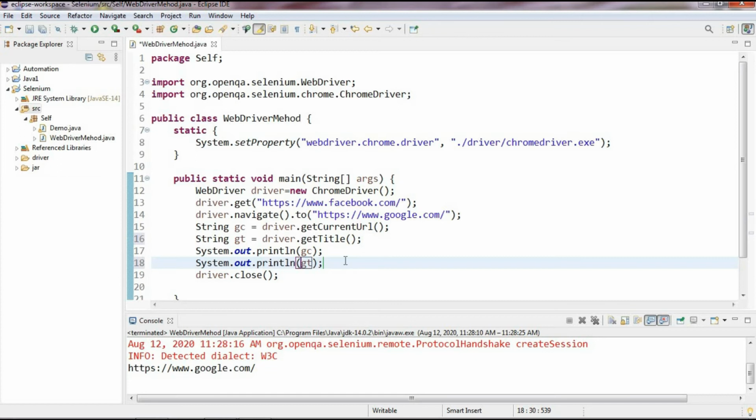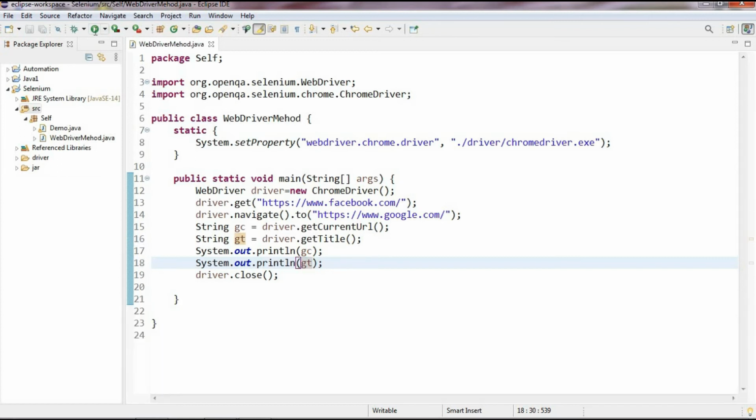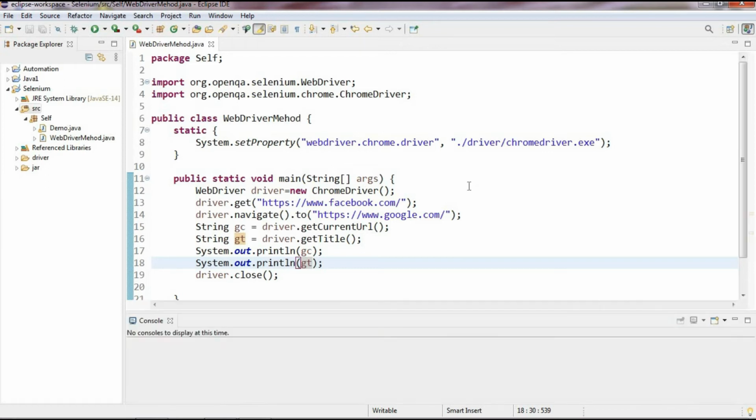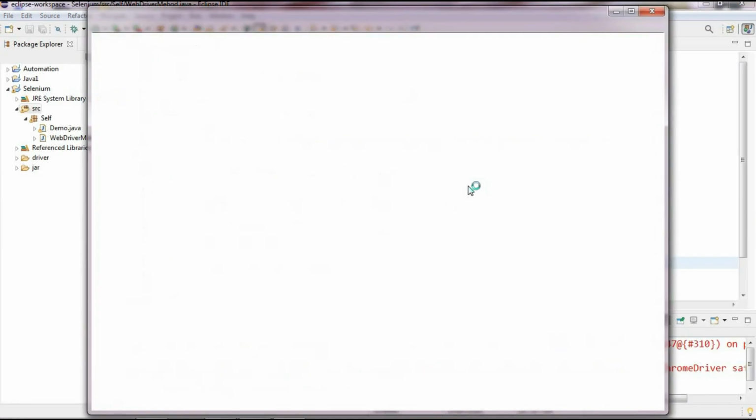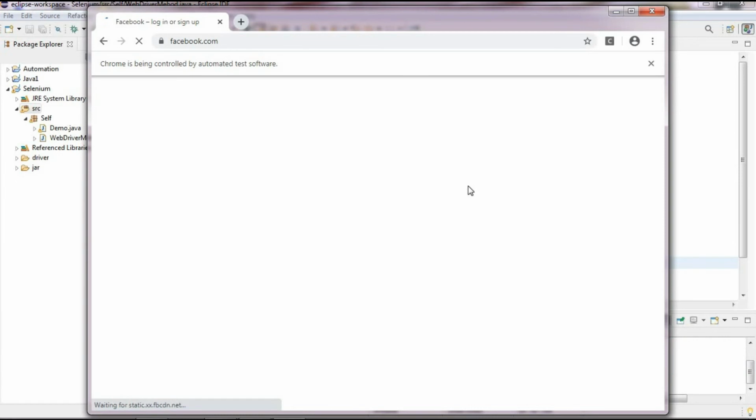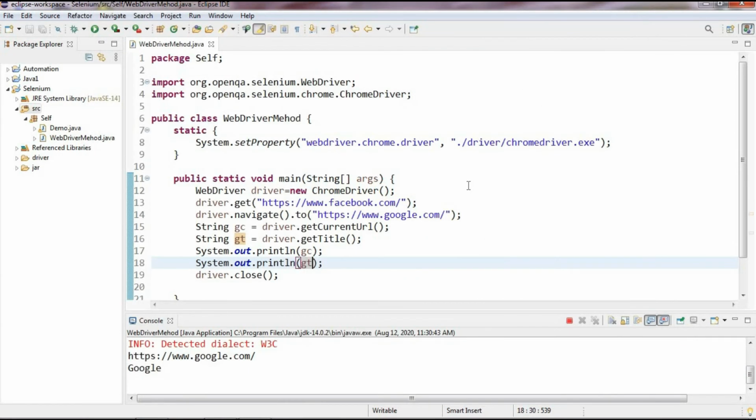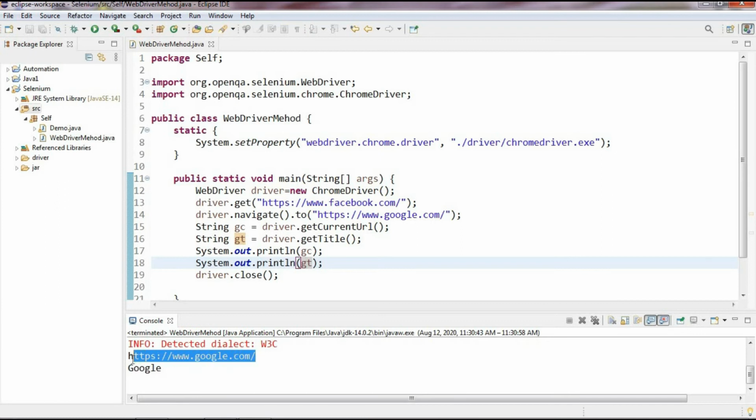I want to print the GT. Now run the program and we'll see what it gives. It opens a Chrome browser, enters the URL facebook.com, switches to google.com, and now closes the browser. Here you can see it gives the current URL of the page, and get title gives the title of the page.